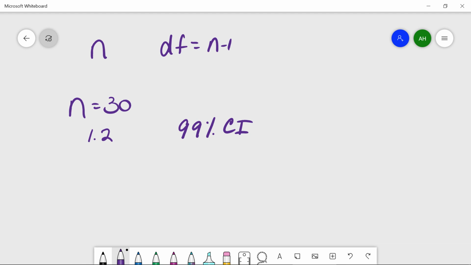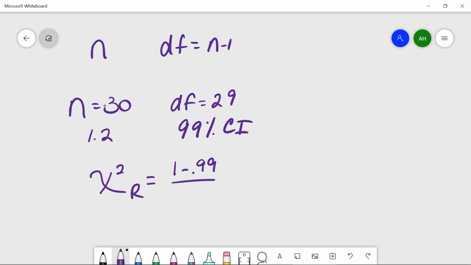Okay, so remember that our degree of freedom is going to equal 29 then, right? Okay, so we've got this right here. It says the areas to the right of chi R and chi L. The area to the right of chi R, so we need to find our chi squared right. Just like before, we're going to take 1 minus that confidence level of 0.99. We're going to divide that by 2. Okay, so that's going to give us this